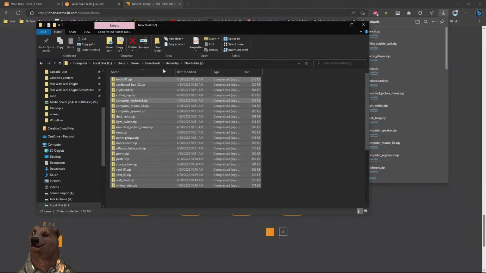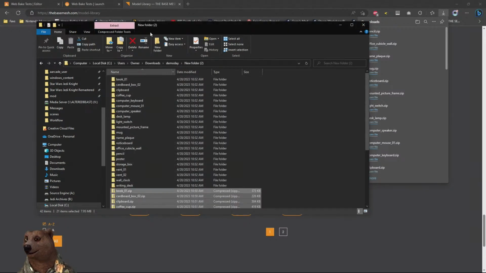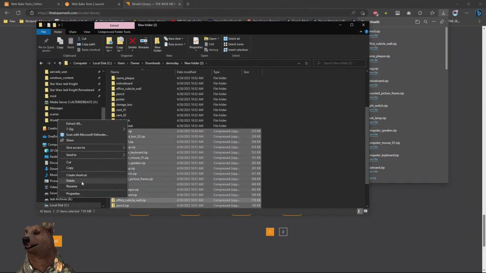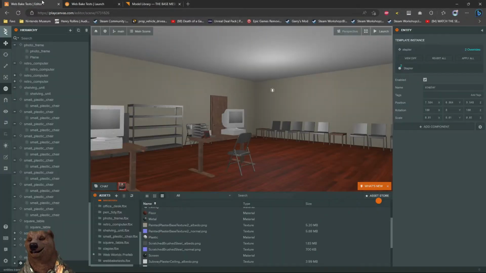So, this isn't going to be an all-in-one optimization tutorial as it turns out because I'm focusing so much on stress testing how many of these props I can get into batch groups without killing my draw calls. However, the one takeaway that you can take away from today is